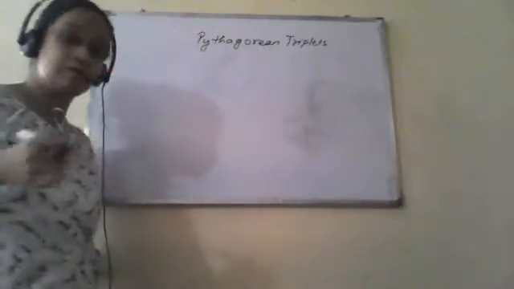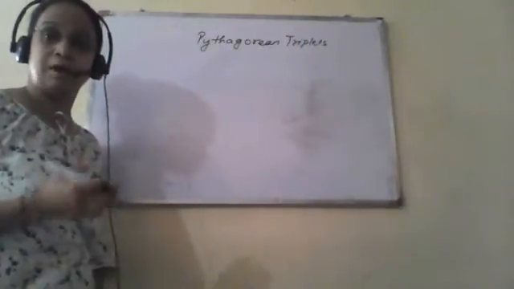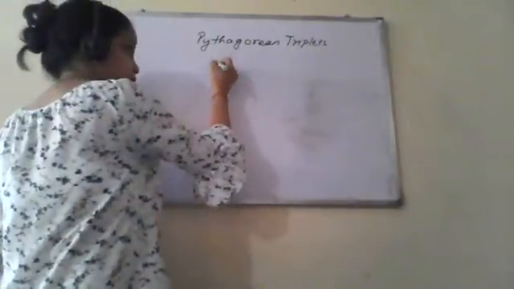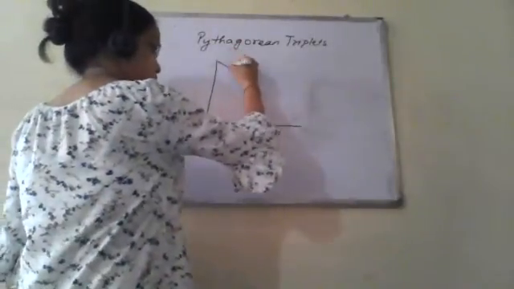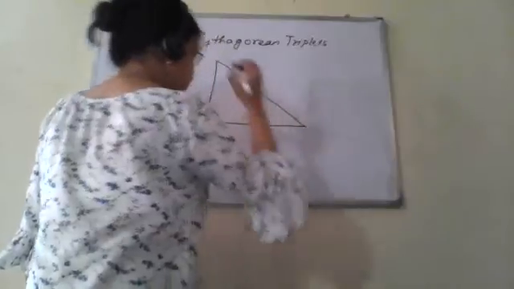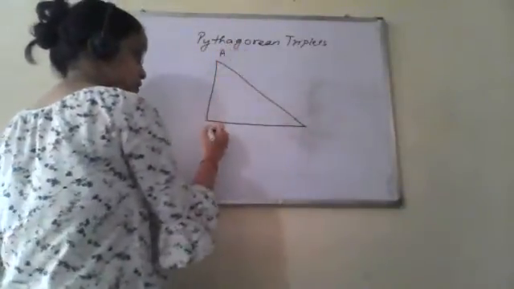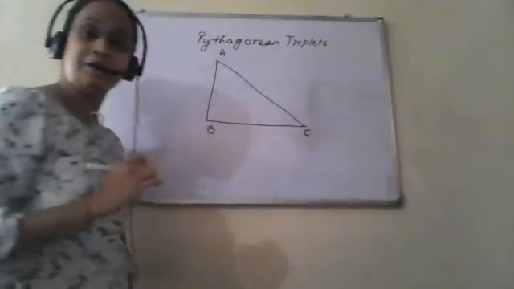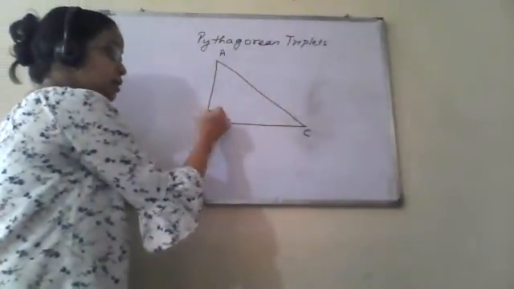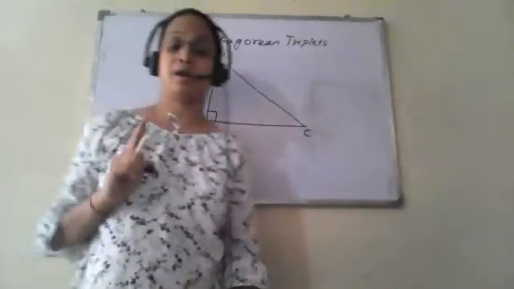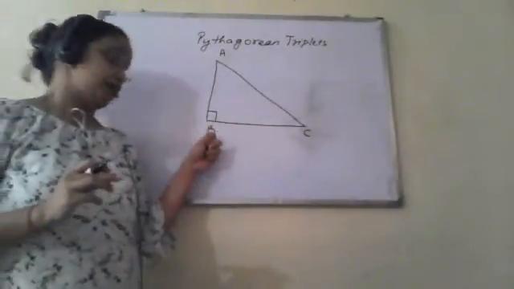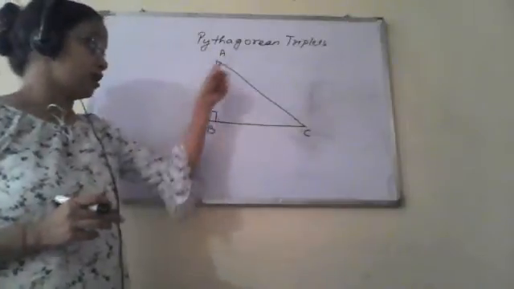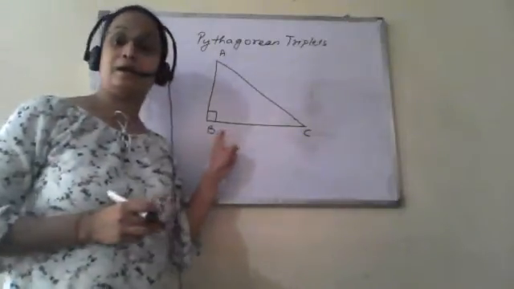So before that, we will see what is Pythagoras theorem, and these Pythagorean triplets are based on this. So what does Pythagoras theorem say? Say this is a triangle ABC and it is right angled at B. Right angled triangle means one of the angles of the triangle will be 90 degrees, and so in this case angle B is 90 degrees. So it is said that triangle ABC is right angled at B.